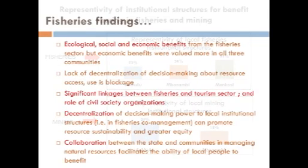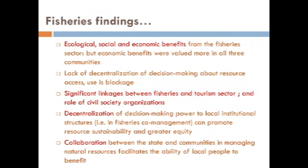So some of the key findings from the fisheries sector are that there are ecological, social, and economic benefits that emanate out of the sector, but economic benefits are valued more and more by small-scale fishing communities. And lack of decentralization of decision-making about resource access and use is a blockage. For example, in the Eastern Cape, even though the tourism sector provides a huge market for fishers, government does not allow tourists to buy from local fishers, and they don't allow